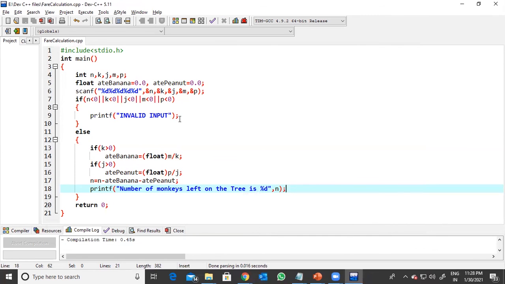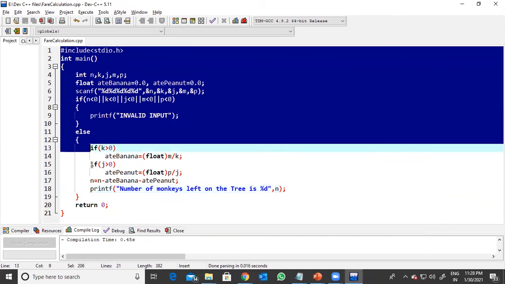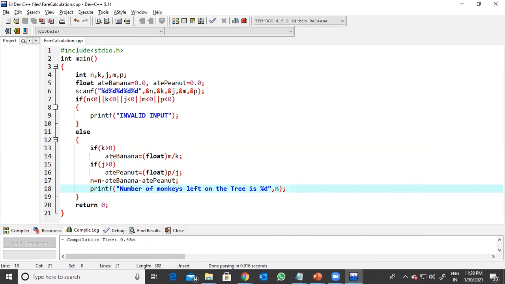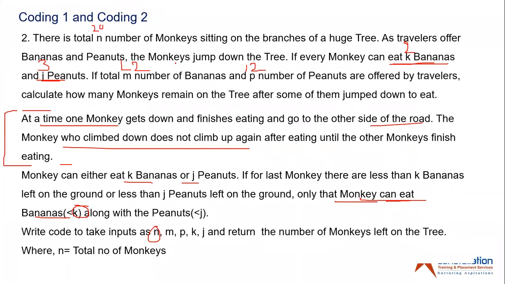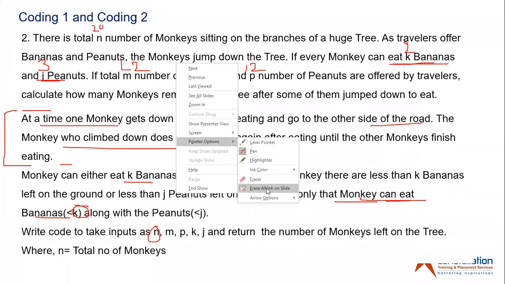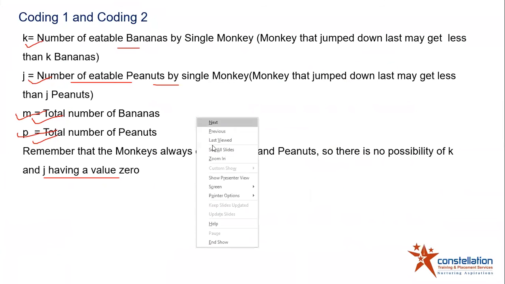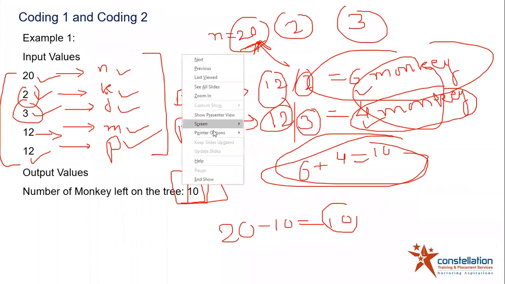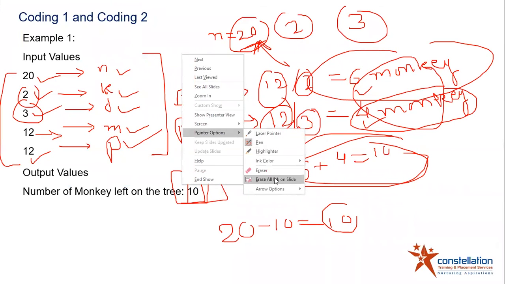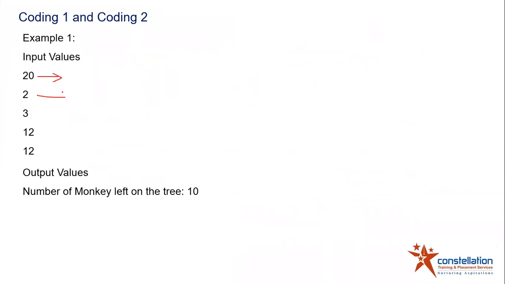So you saw that it was not at all tricky. The only thing was that the question was so lengthy that half of the people would have given up here itself. So this is what you need to understand: don't give up by looking at the size of the question. It is going to be very simple. Sometimes you have to go with the output and try to see what logic you can make, and with that logic, you write a program.